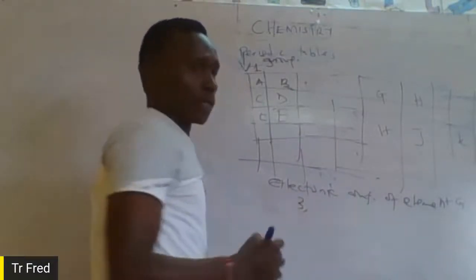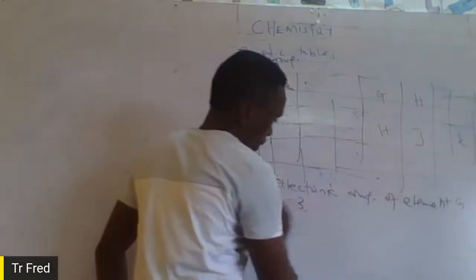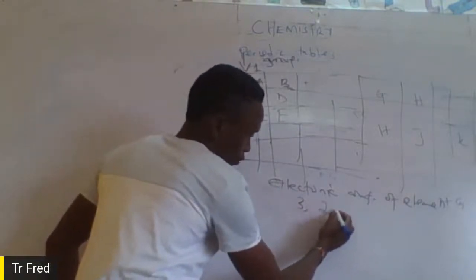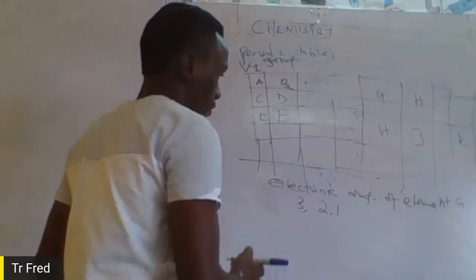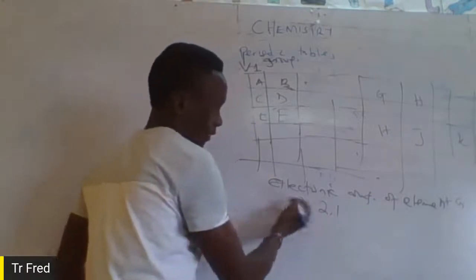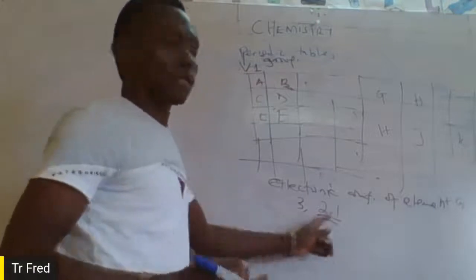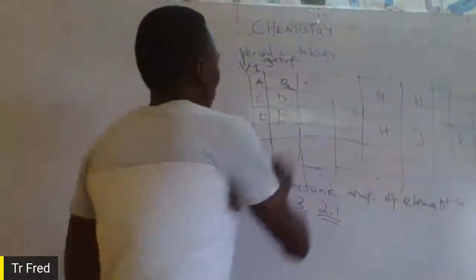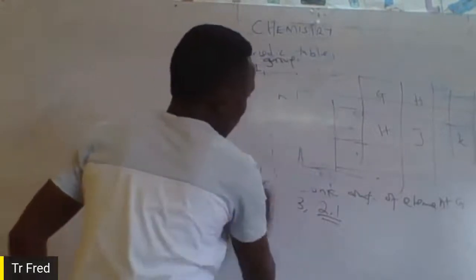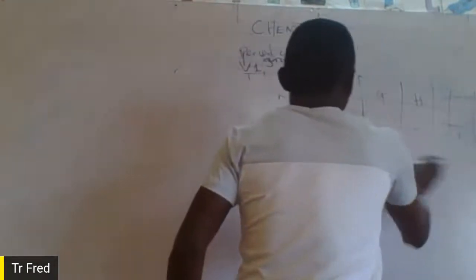Having an atomic number 3 implies that the electronic configuration is 2, 1. Therefore, for us to get the electronic configuration of G, we just get 2, 1, since the atomic number is 3. Another question we come and ask, sometimes we are provided with